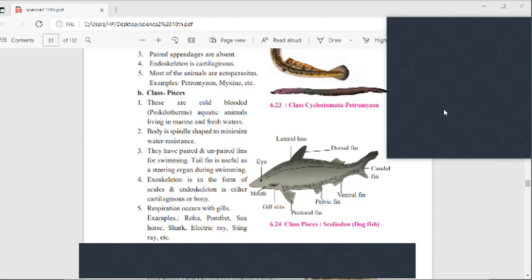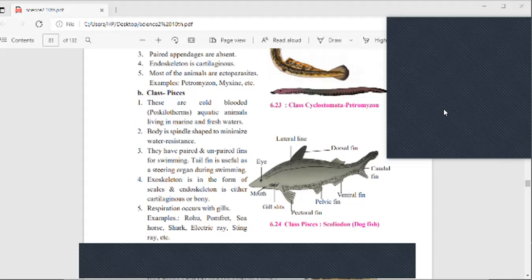Okay, I will tell. They do not maintain their body temperature at a constant level. As per the environmental changes in temperature, their body temperature also changes. Human beings are homeotherms. Homeotherms means our body temperature is maintained at a constant level, 37 degrees Celsius. As per the environmental changes in temperature, our body temperature does not change. That is called homeotherms. So animals are said to be poikilotherms, that means they do not maintain their body temperature at a constant level. That is the meaning of poikilotherms.